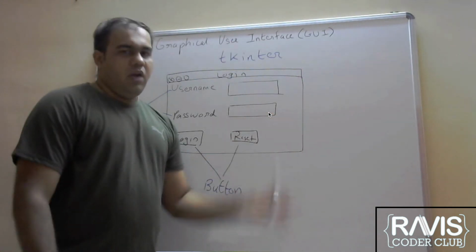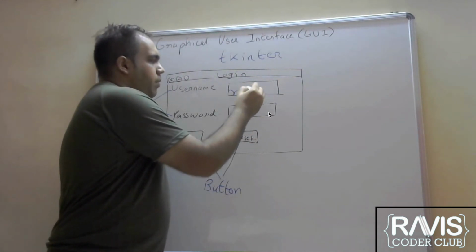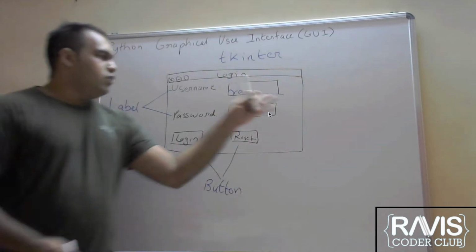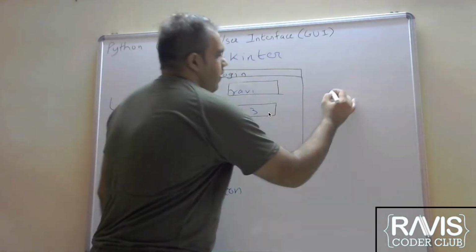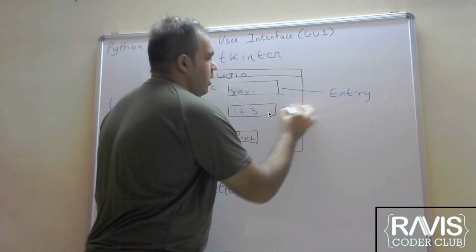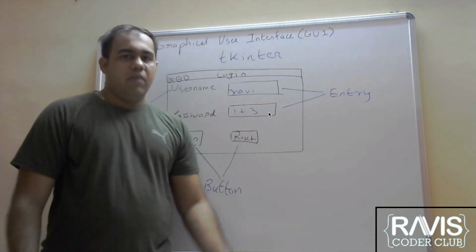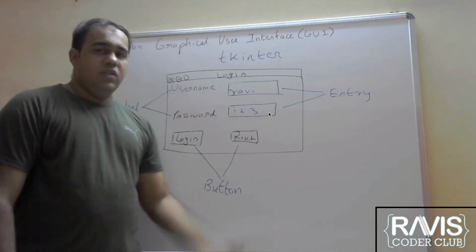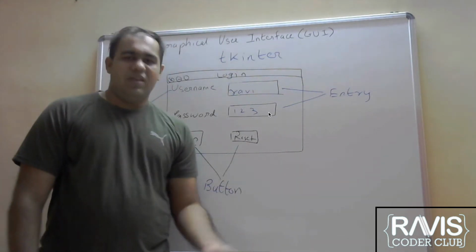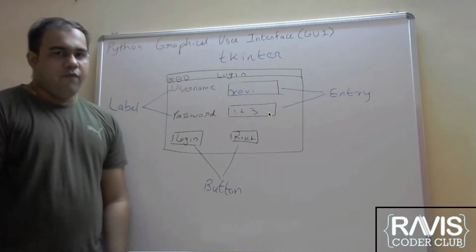And then these two entry boxes where you will actually write your username, password, say Ravi and password, whatever, 123. So you're going to fill in, you can type in here. So these two things are called the entry, because you can enter things, it is called entry. UI can be made using Python with the Tkinter module, like I'm telling you. It can also be made using Java, most commonly using Swing from Java, and it can also be made using HTML, the form stacks. But then obviously it depends what platform you're using.